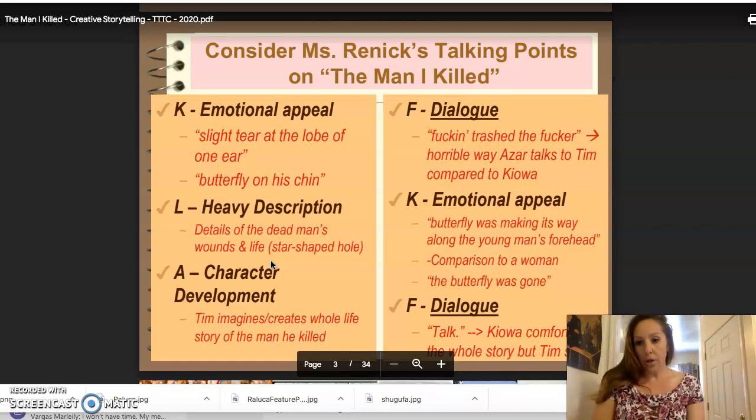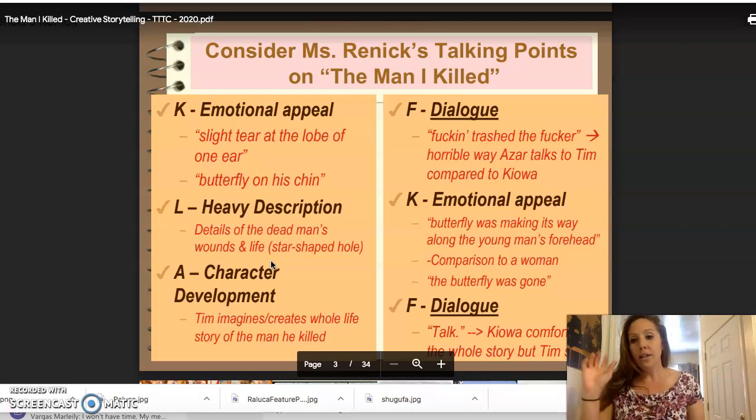Next, dialogue. Unlike the short story we read, Enemies and Friends, which contained very little dialogue, this story contains a lot of dialogue that interchangeably comes in between Tim O'Brien describing this boy he killed. And one of the lines is so horrid, and it's the way Azar talks. So we only have two characters talking. We have Azar, who speaks so horribly